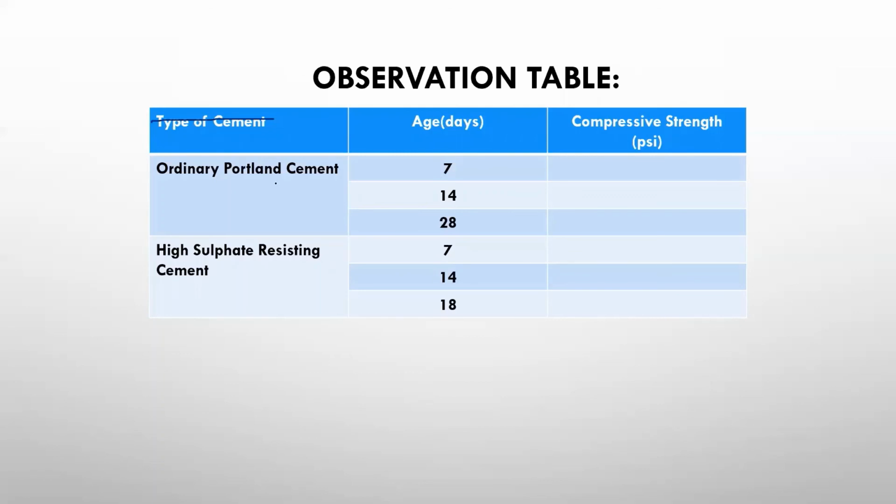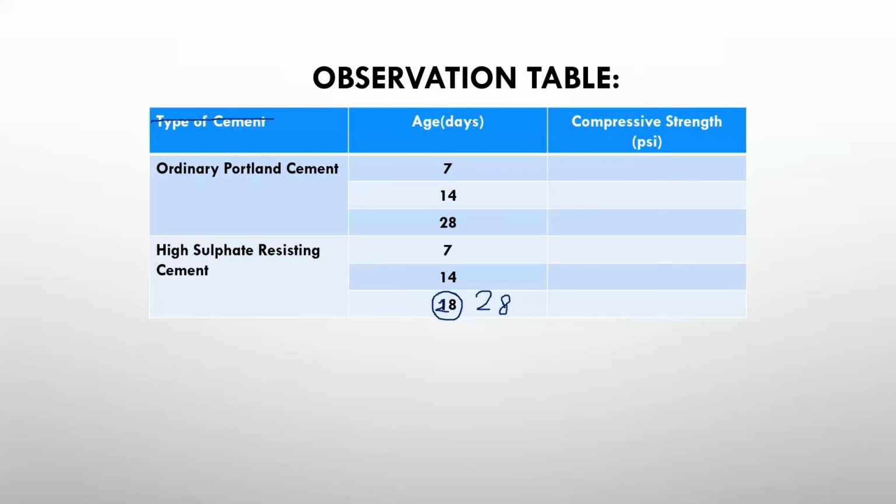One more thing you can do is partial replacement of cement with different materials like fly ash, waste materials, other products. You have to find out the compressive strength accordingly, and then make the graph. I'm leaving it up to you for your project or report how you perform this experiment. Obviously, I am giving you this because afterwards you will not have enough time. This says 18 days, which is wrong. This should be 28 days. You can also take a reading on 3 days as well, and do its testing as well.